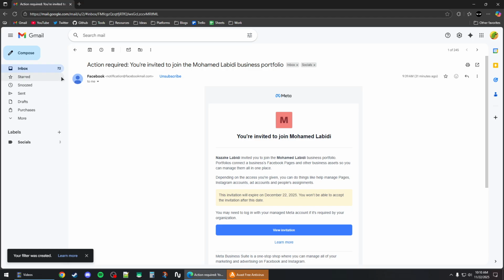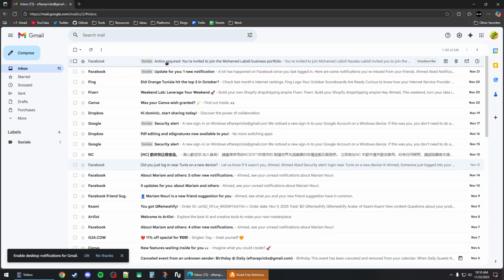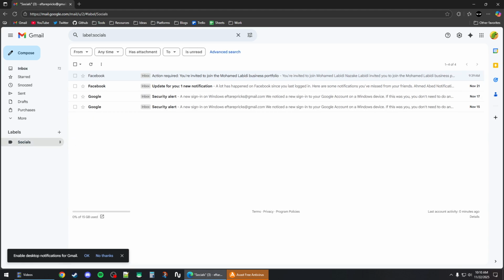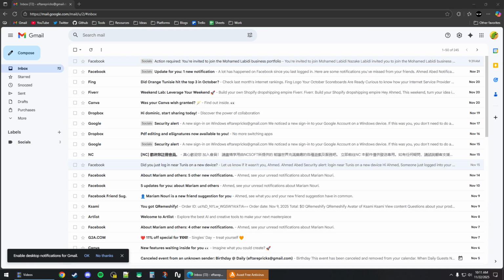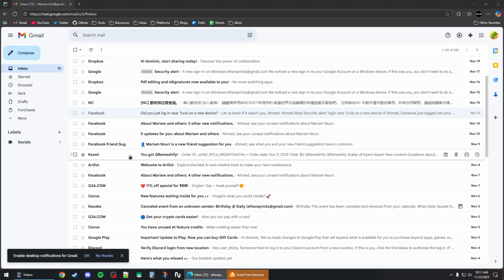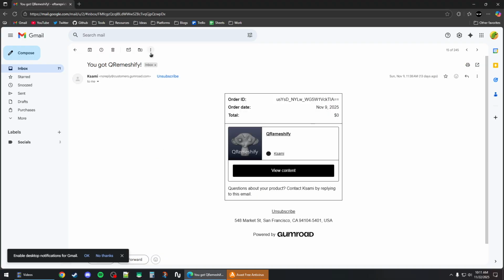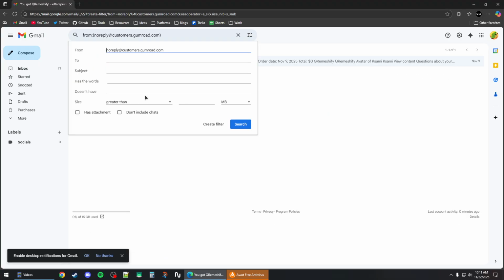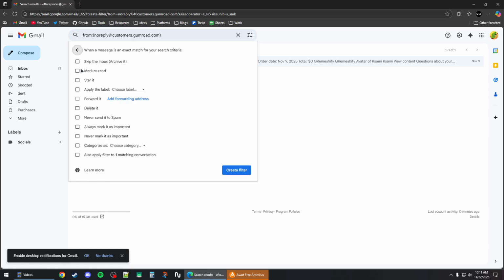And this should automatically send any emails coming from Facebook to that label right here or this folder without you having to do anything. And you can do that with pretty much any email that you want. You can click on the three vertical dots, filter messages like these, create a filter, and then you can also choose other options such as skip the inbox and archive the email inside the label, or you can mark it